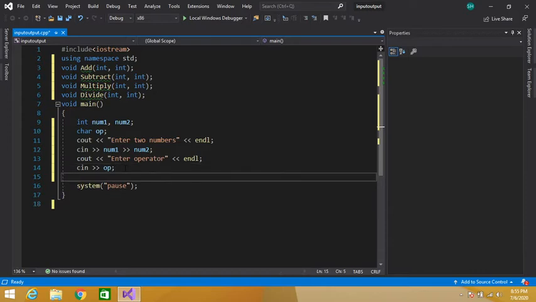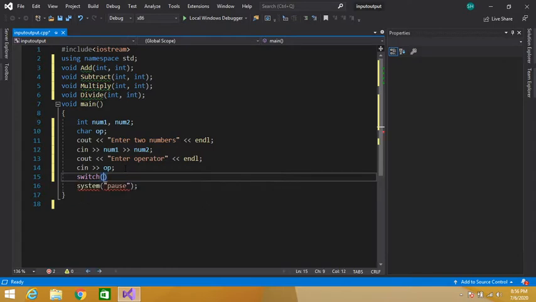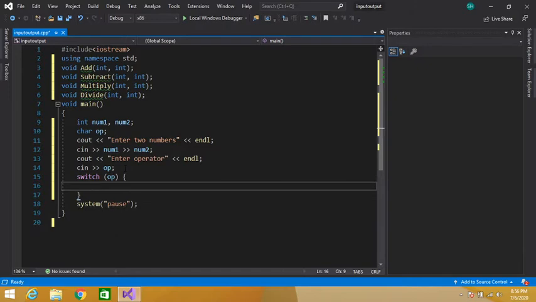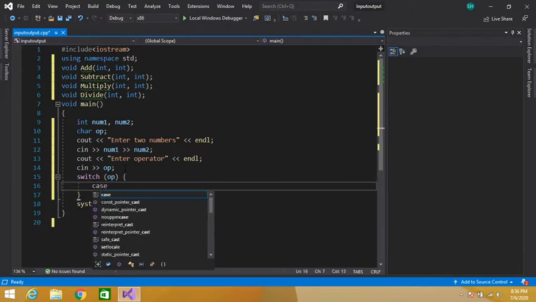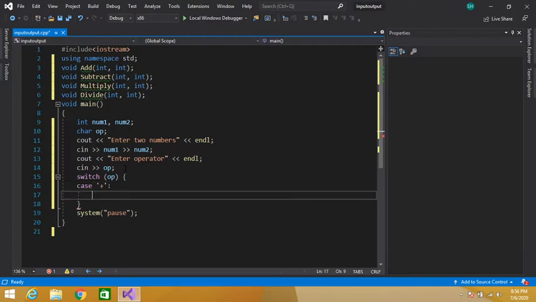So I will use switch on operator, then case 1. Our first case is if the user enters the plus symbol, then we will call our addition function.